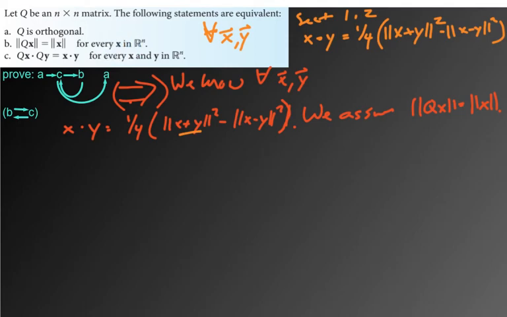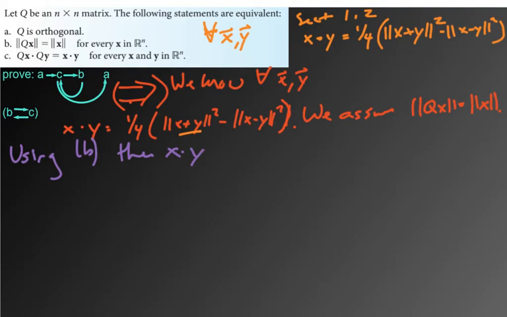So x could just be x plus y, basically. And so what I'm going to do is say, well, since this is true for all x, all vectors, then it's true for this vector in here and this vector, right? So I can just say something like, using B, right, then